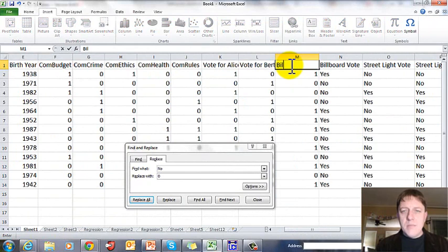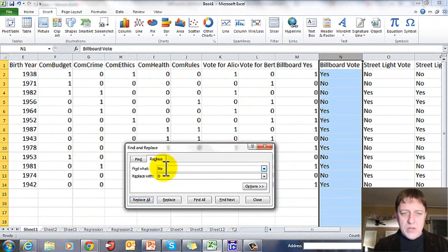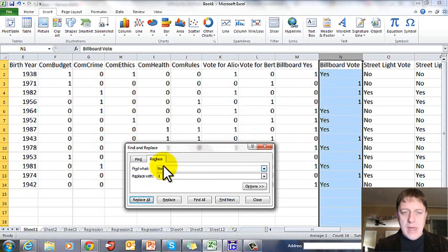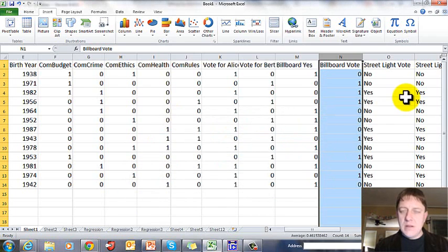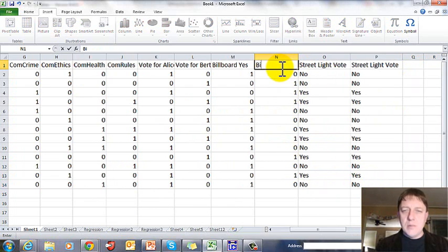And I'm going to call that billboard yes. Then I'm going to go over to the duplicate, column N, and I am going to replace no's with 1s and yeses with 0s. Okay, and now I'm going to move over to the streetlight votes, and I'm going to call that billboard